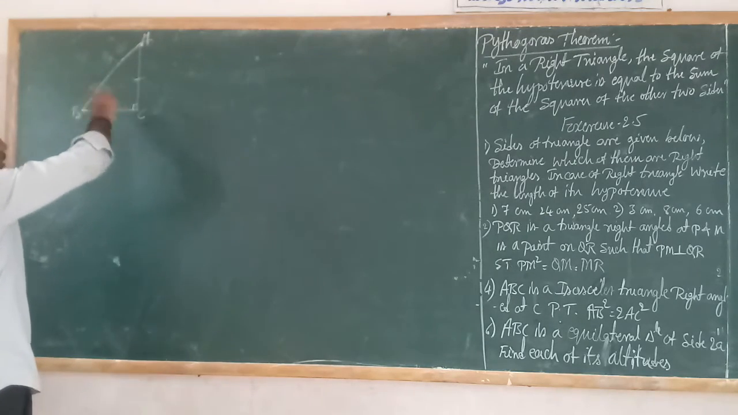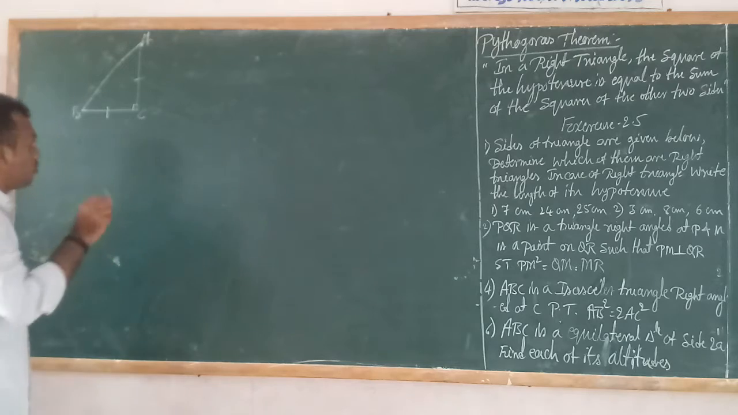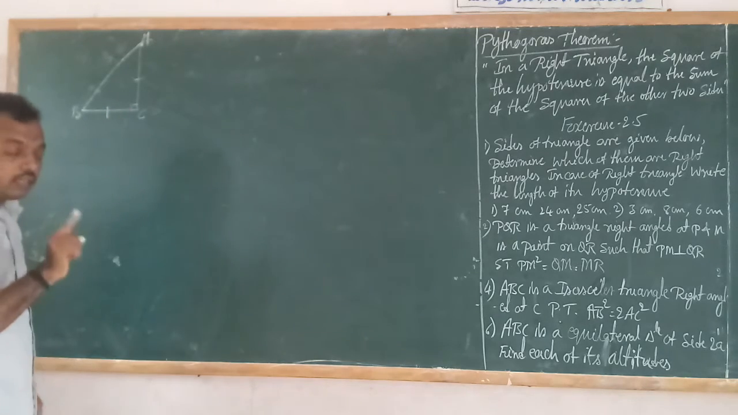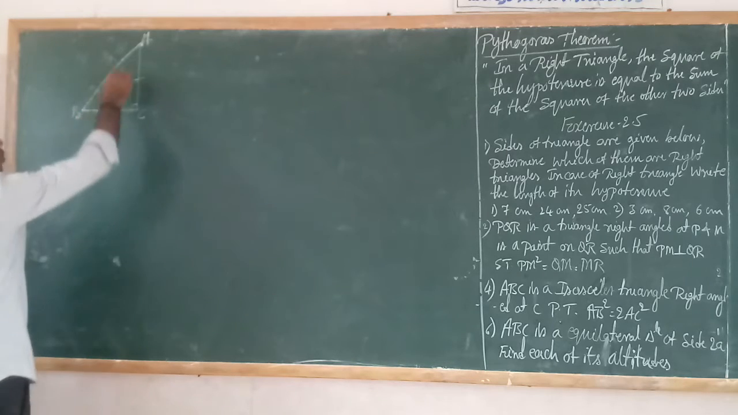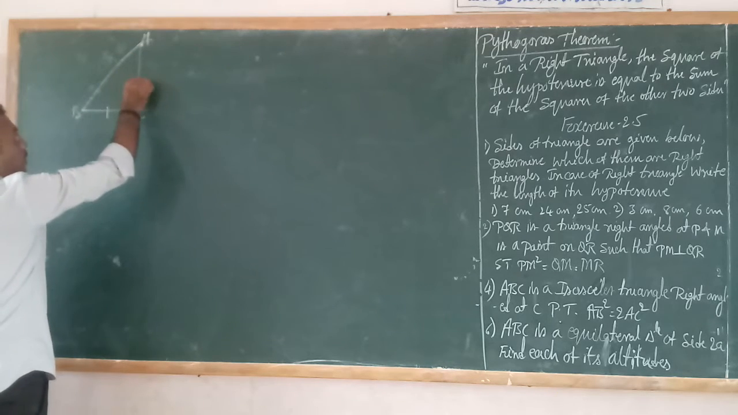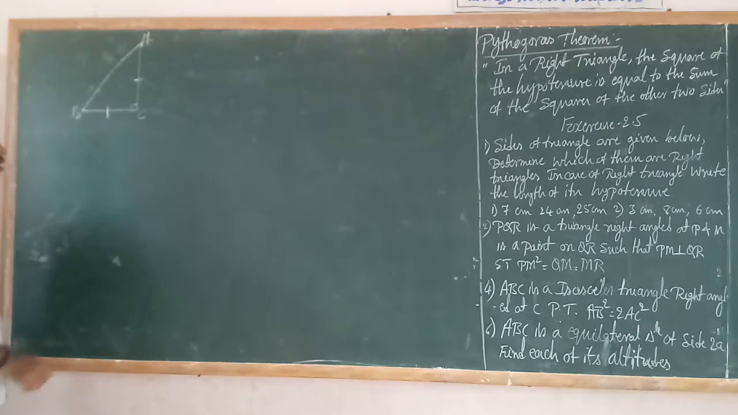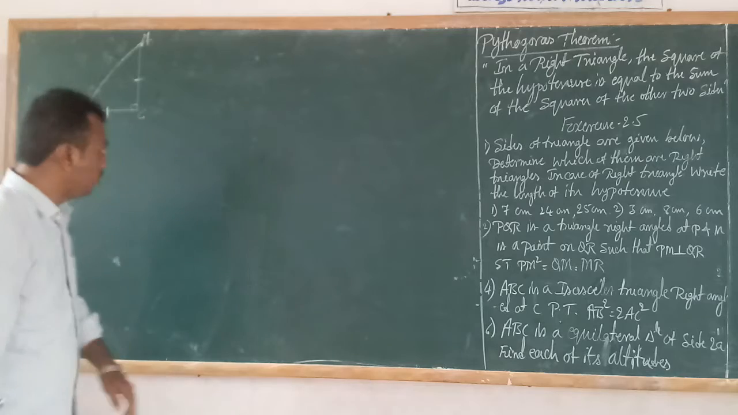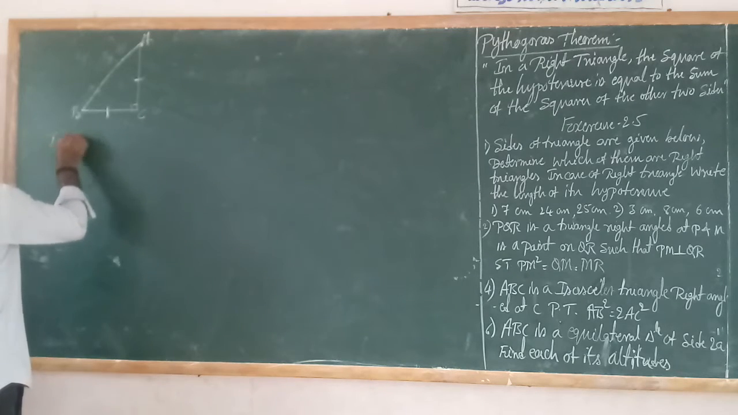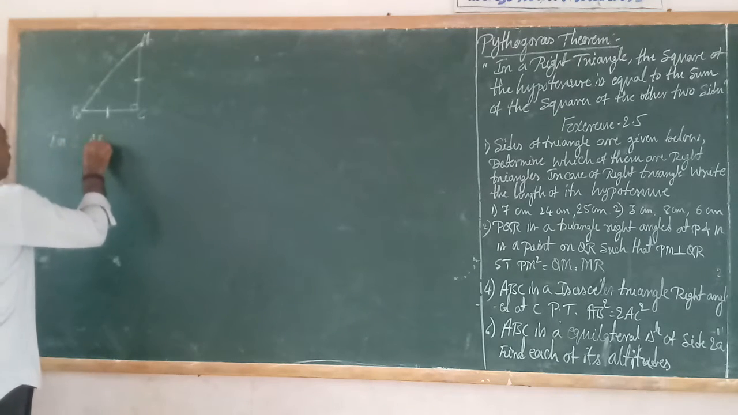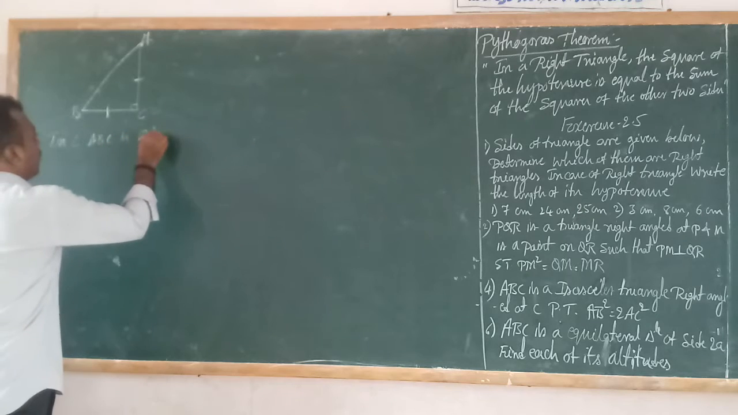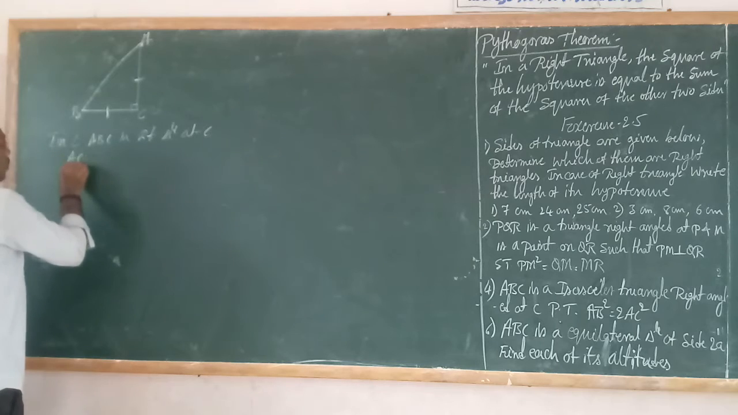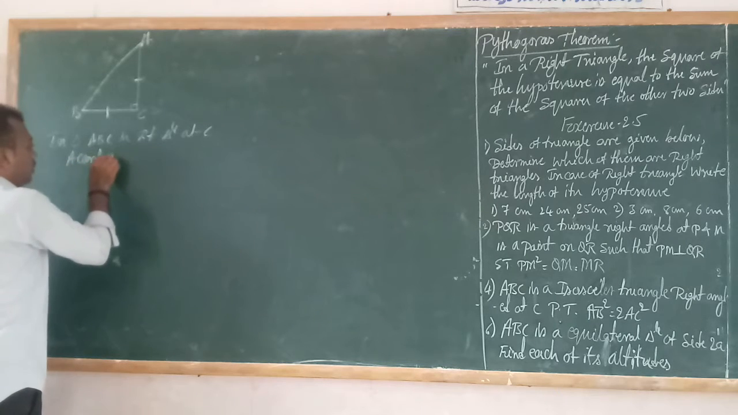Isosceles triangle means two sides are equal. So it is a right angle triangle and also an isosceles triangle, a right isosceles triangle. So AC is equal to BC here. What we have to prove is AB square is equal to 2 times AC square. In triangle ABC, a right triangle at C, according to the Pythagoras theorem,